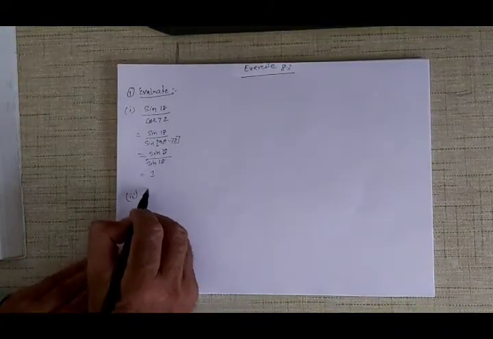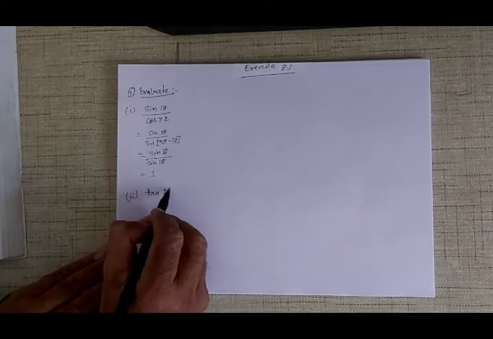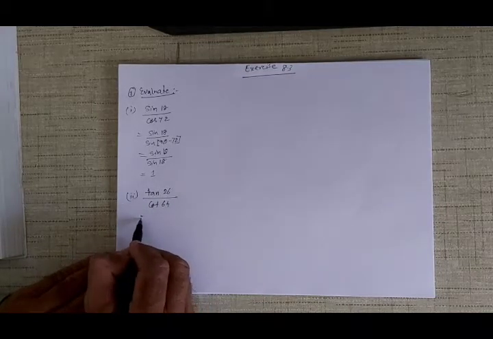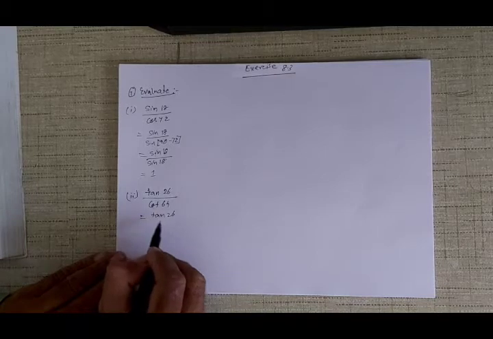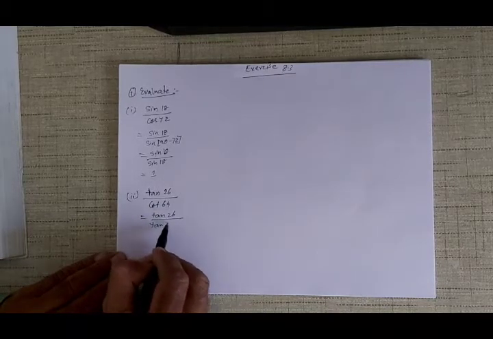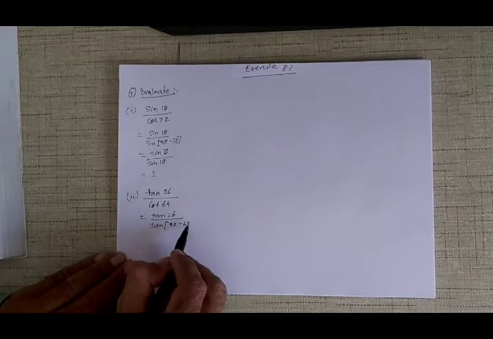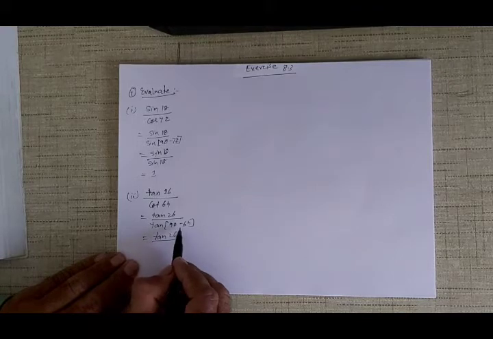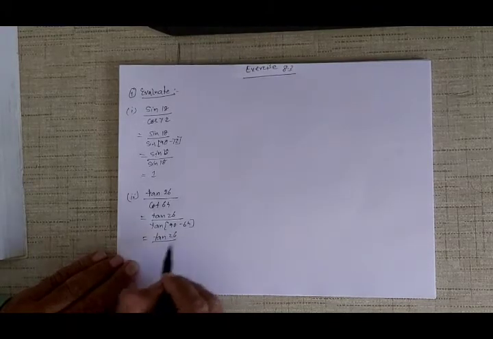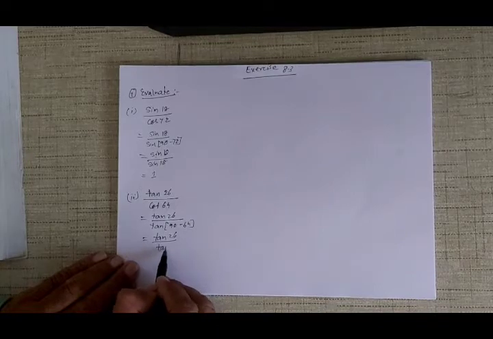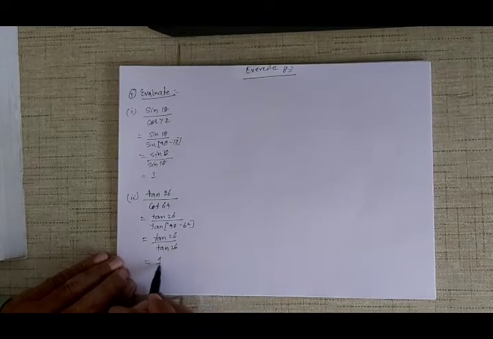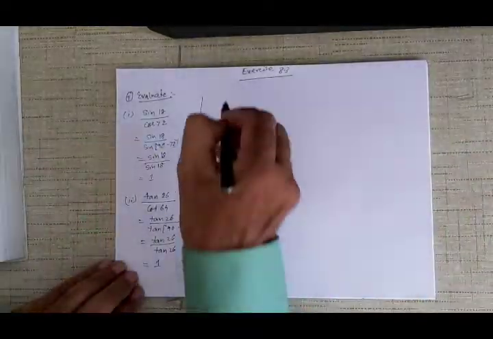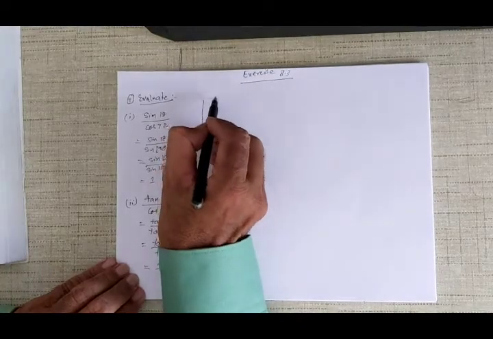Alright, second one, tan 26 upon cot 64. Again very easy. Keep one of them as it is. You can change any one. I am changing the denominator. You can see tan 26 upon tan(90 minus 64), since cot 64 is tan(90 minus 64), which equals tan 26. So this will also be tan 26, and therefore you get 1. Alright, now let us see the third one. These are very easy ones. Everyone should be able to do them.